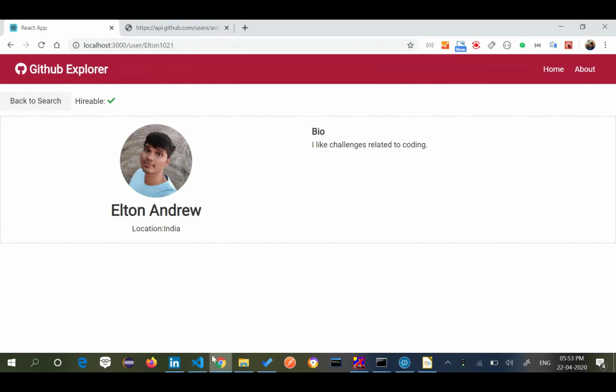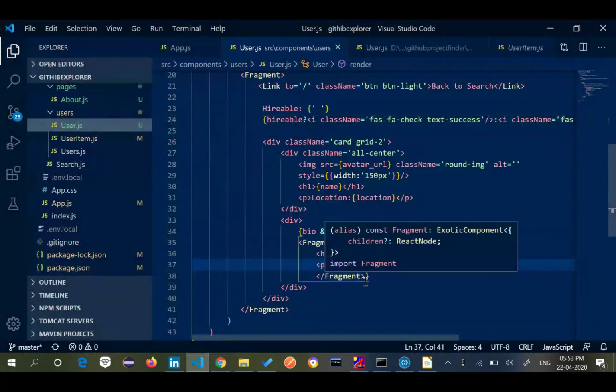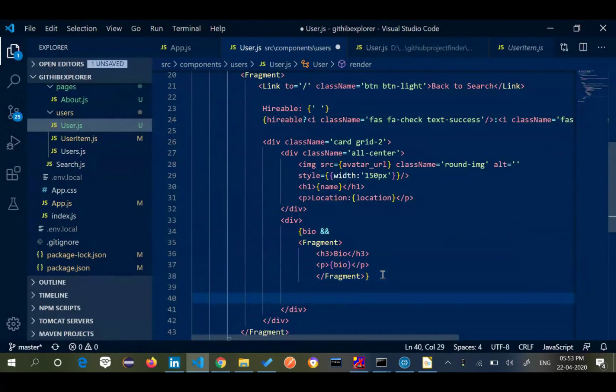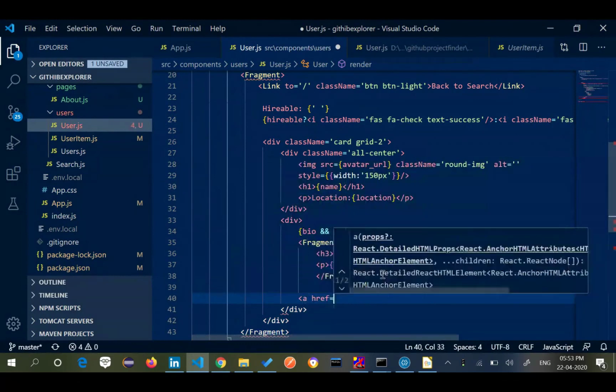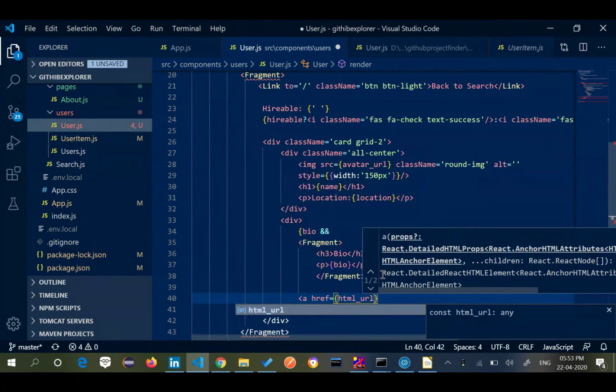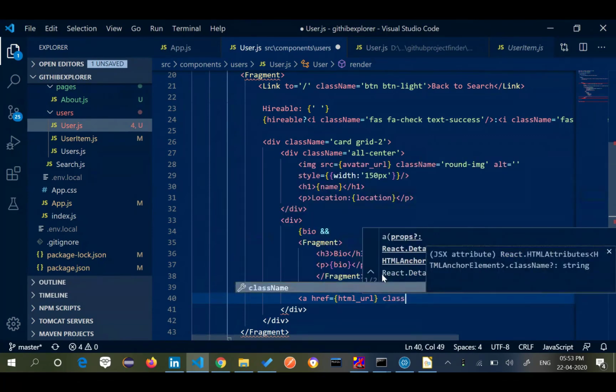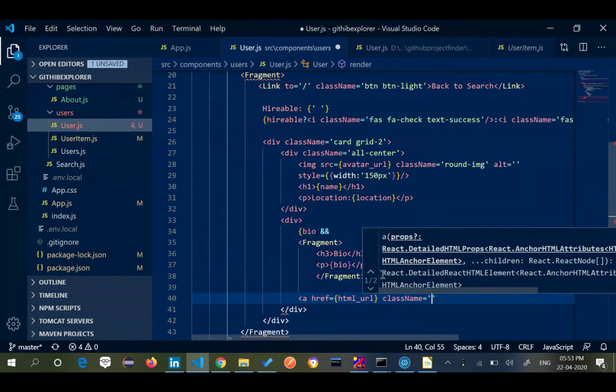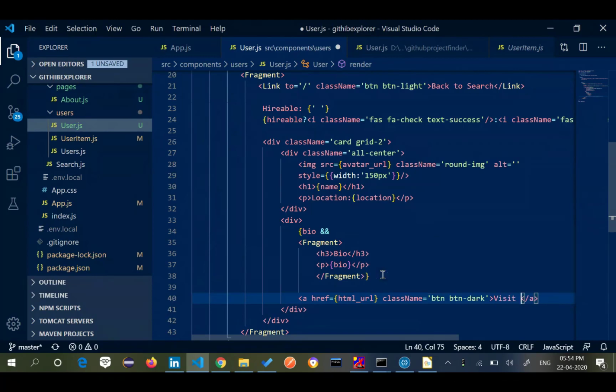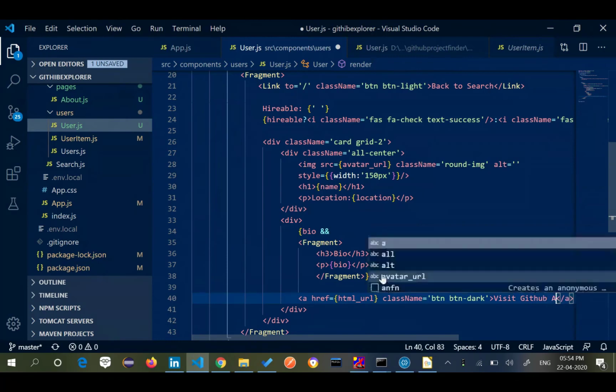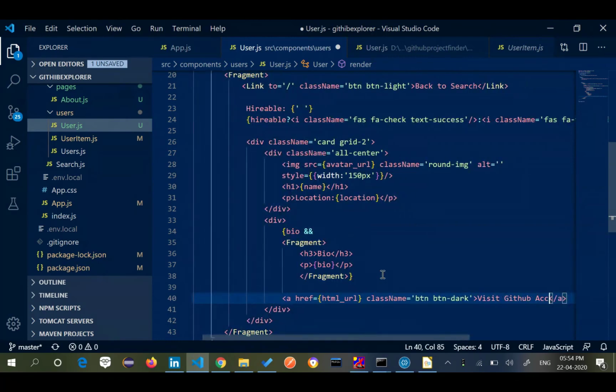Now I'll just create another button. I am not going to explain in much detail what I am doing right now, because this is something you are all very clear about from regular practice. So the HTML URL, and class name is equal to btn btn hyphen dark, Visit GitHub profile.